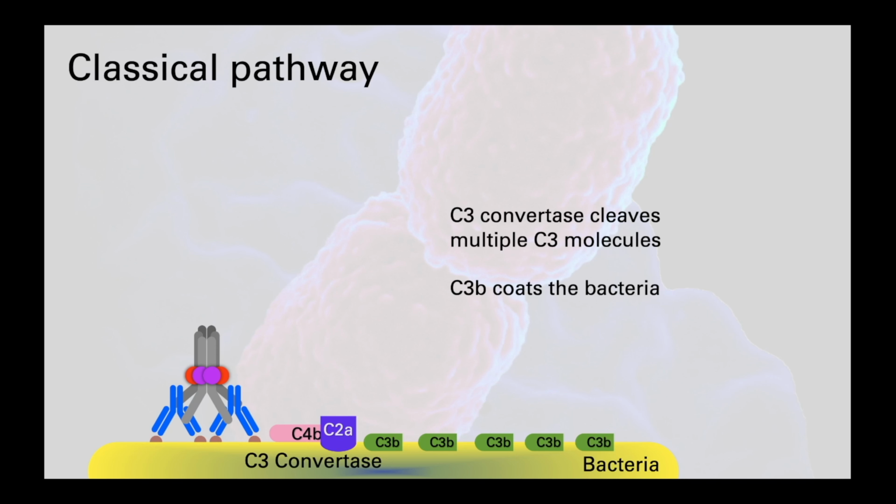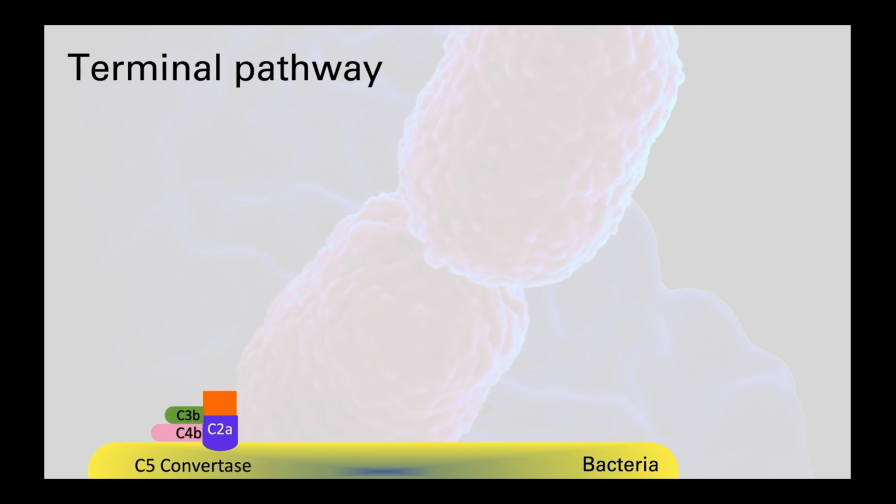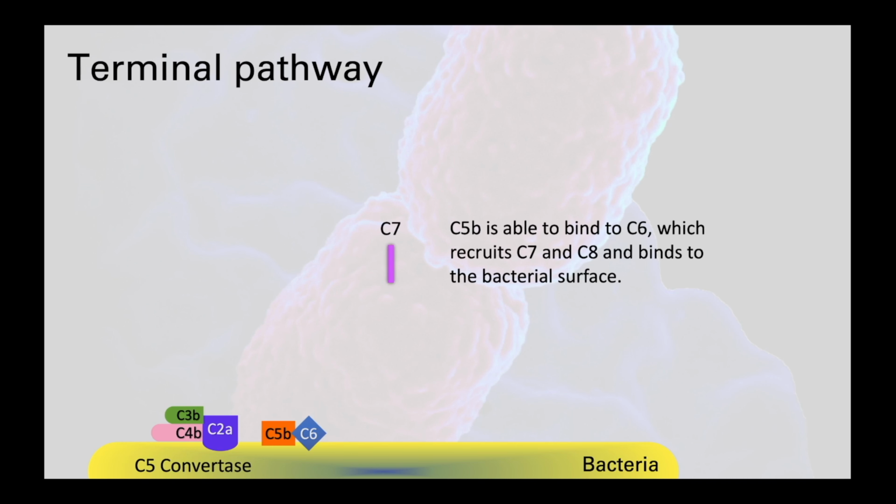The C4b2a3b complex is also the next protease in the series, this time being the C5 convertase, which unsurprisingly converts C5 into C5a and C5b. C5a is a very potent chemoattractant, particularly for neutrophils, so it helps recruit these cells from the blood to the site of infection. The C5b that is produced covalently binds to the pathogen surface and recruits in sequence one molecule